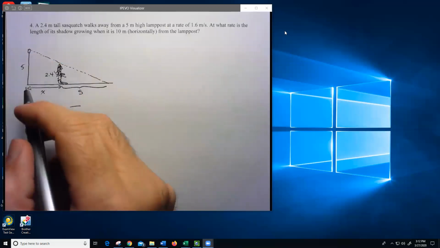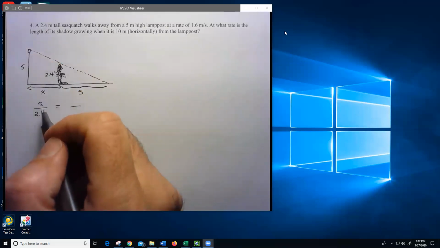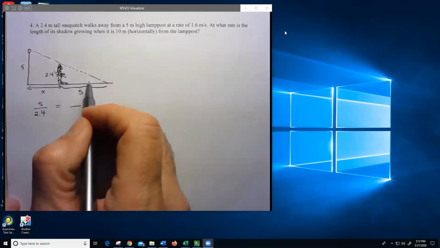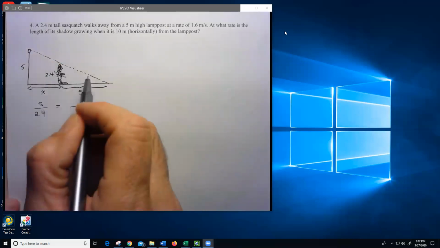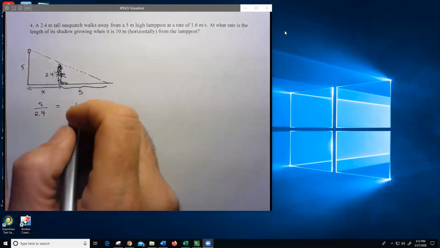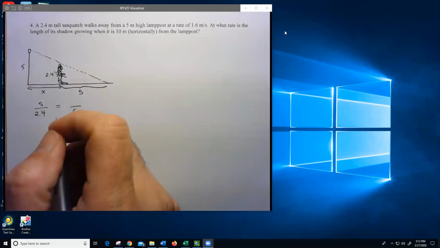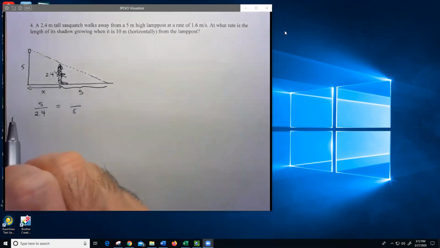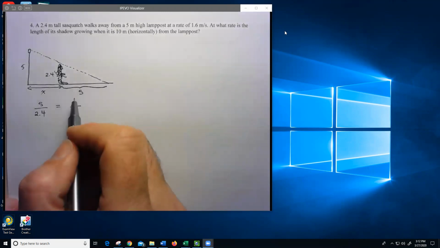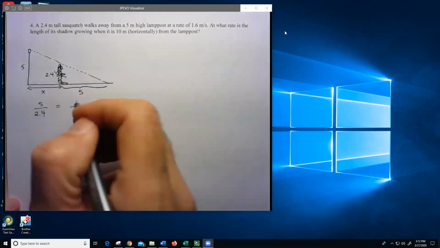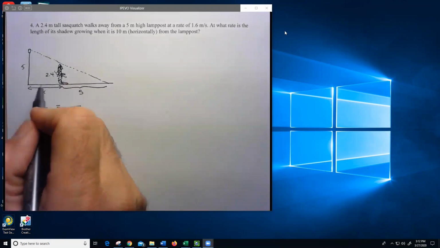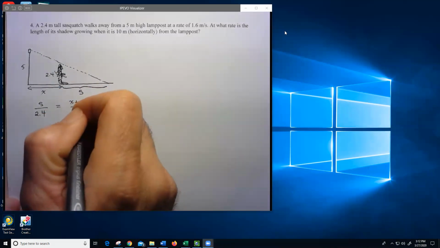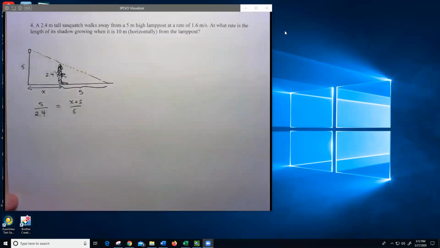Okay, this side here, because remember the idea of similar triangles is they have to share the same angles. So actually this is nicely set up because this angle here and the 90 degree are shared within those two triangles, so the 5, okay? However, when I look at the S, what would be the corresponding side to S in the other triangle? There you go. So somebody suggested X plus S, and that's where you have to be careful. Sometimes people just say, oh, it's X, put it in there. Well, no, not quite. It's this whole side length. So X plus S is the